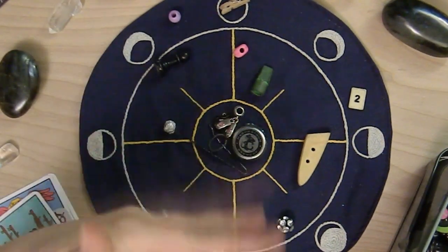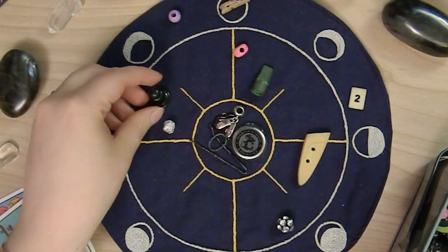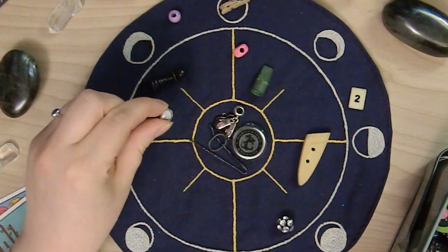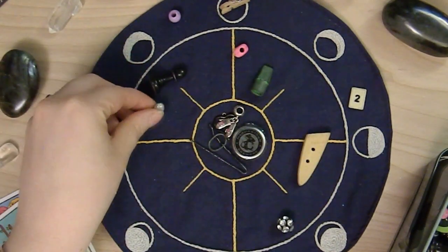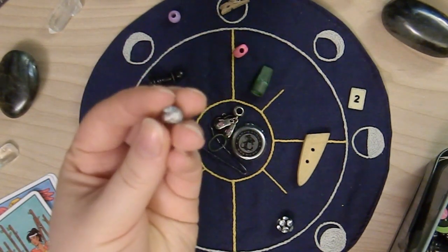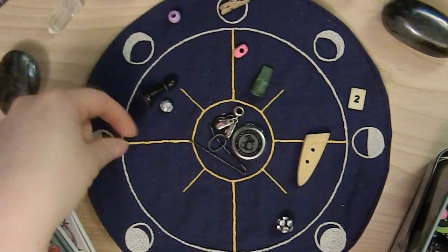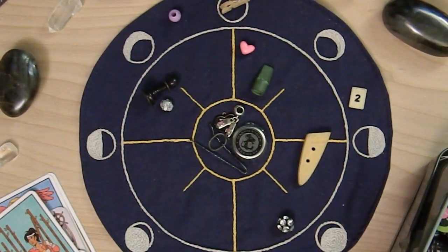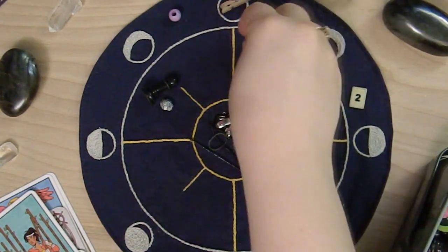We also have, outside of that ring, the pawn, which can represent a person. But since it didn't really fall around much, I'm not getting much from this charm, to be honest, other than this trash charm, which showcases that there's something maybe that you... I always think of the trash charm as something you're throwing away. So there might be a friendship that you're throwing away, and you're not allowing yourself their company. It also could be being more kind to yourself, because we have the kind heart here, and it's near